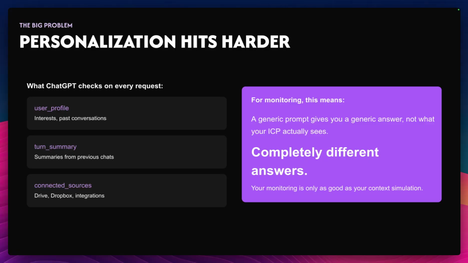All that different stuff influences what the answer will look like. So this again leads to a completely different answer for your clients if they use a generic prompt. Your monitoring is only as good as your context.